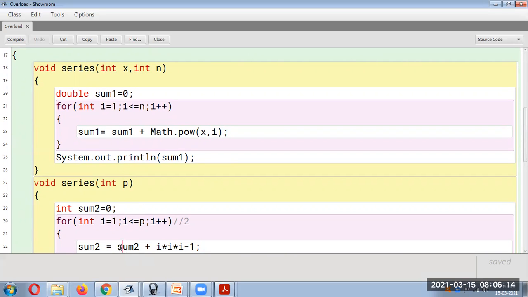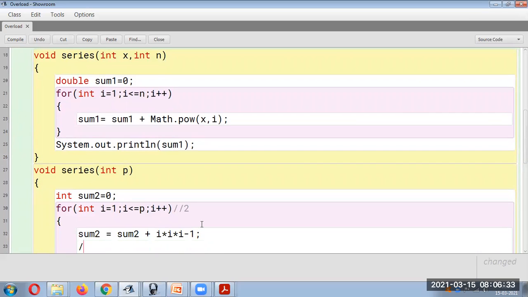Here it is going to be sum2 is equal to sum2 plus I cube. Either you can write I into I into I, or you can write Math.pow(I, 3). That is also possible. Minus 1. Okay, so this is how we can write.